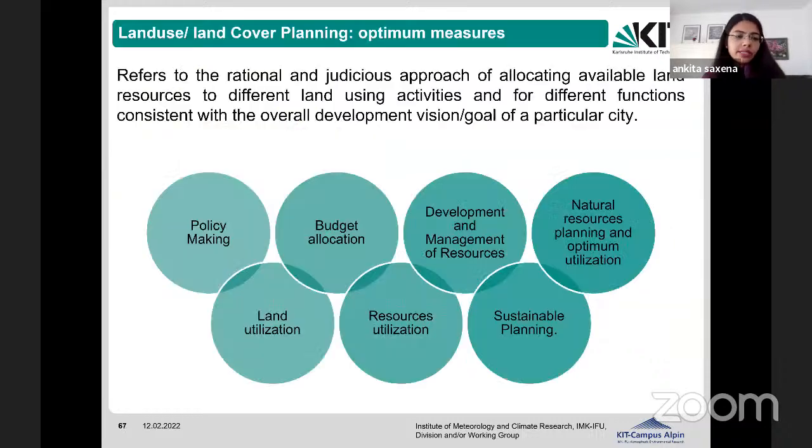And it helps like policy making, I was just saying. And if you have an idea about urbanization in different scenarios, how it's going to affect, then you can take advantage of these modeling efforts. And also it is helpful in budget allocation. If you have an idea of how your urbanization is going to take place and how much it will be, then you will have an idea to allocate budget accordingly, and budget for meeting the needs of different infrastructures,